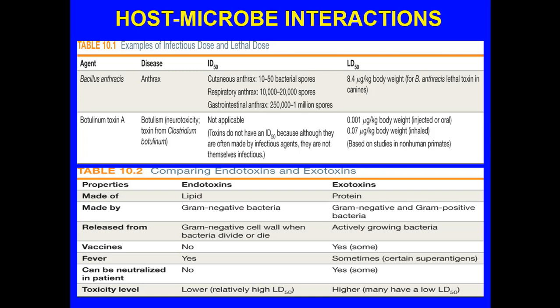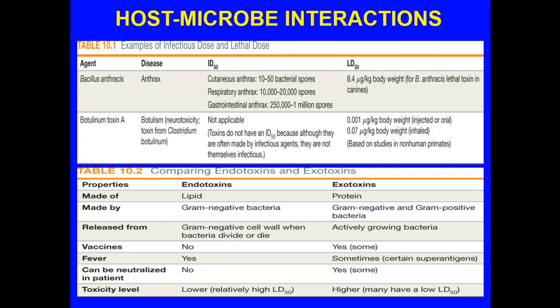Respiratory, though, there are some people that would debate that 10,000 to 20,000 number you see there. As a matter of fact, when I was at one bioterrorism conference, they said 1. Get it? 1. Inhaled into the lungs. That's it. You're infected. But that's basically stuff that's been known for serious strains of anthrax. Notice the LD50, 8.4, and you see that little symbol there? That's micrograms per kilogram. What we're talking about is millionths of a gram. Okay, but notice they used canines for the study.